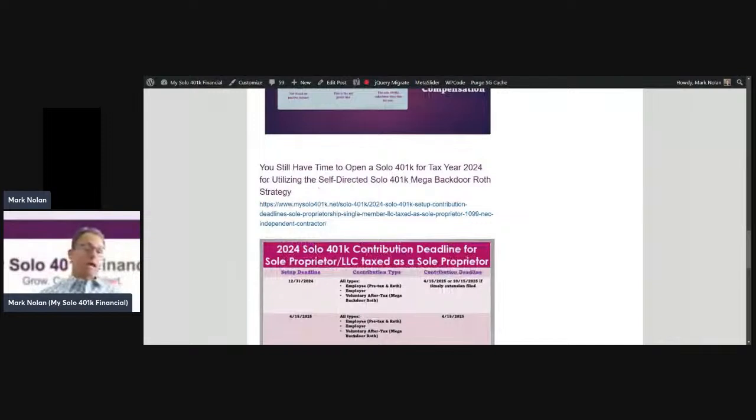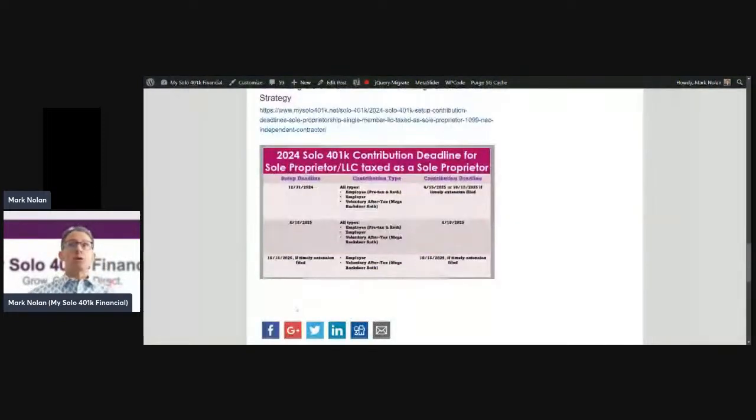As a matter of fact, you still have time to even open a solo 401k plan here in 2025 so that you can make voluntary after-tax solo 401k contributions for 2024 by your business tax return due date, which would be April 15 of 2025, or if you file for an extension, you would have until October 15 of 2025 to make those voluntary after-tax solo 401k contributions for tax year